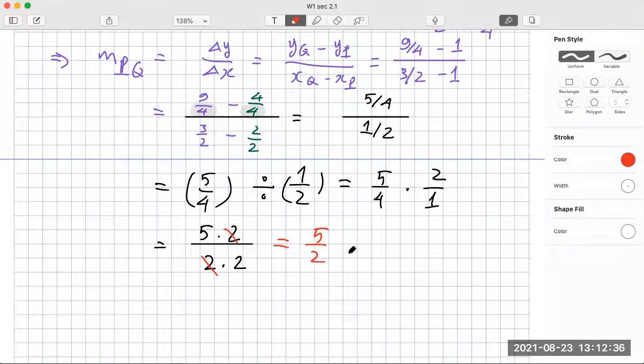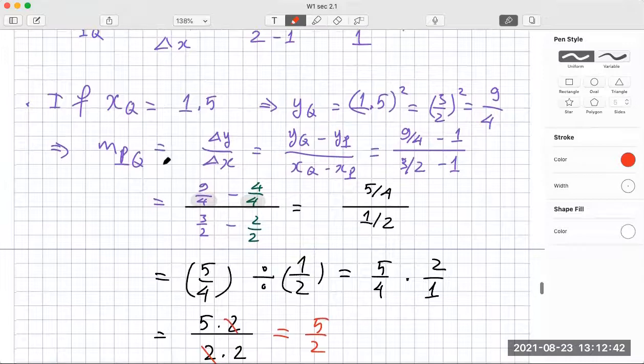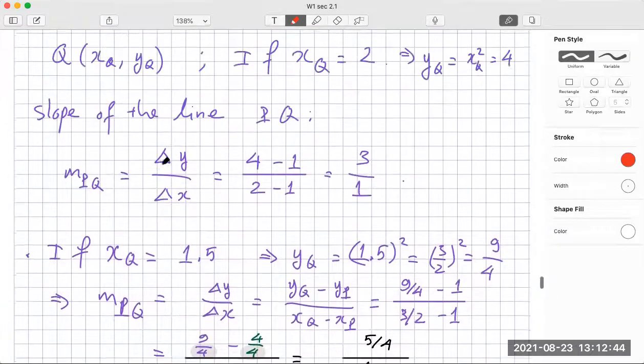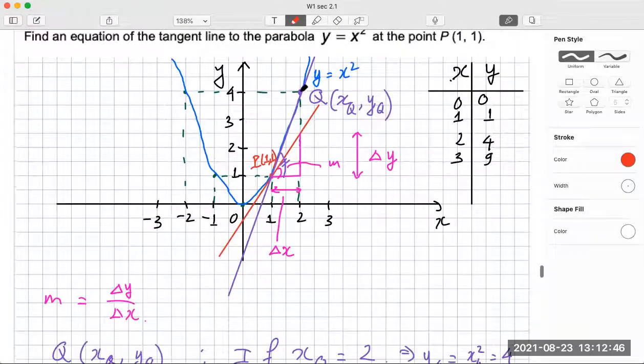Okay, then this is the slope of the new position here. And imagine when the Q here comes closer and closer to P, the secant lines will approach this red line, the tangent line of this curve. Okay,